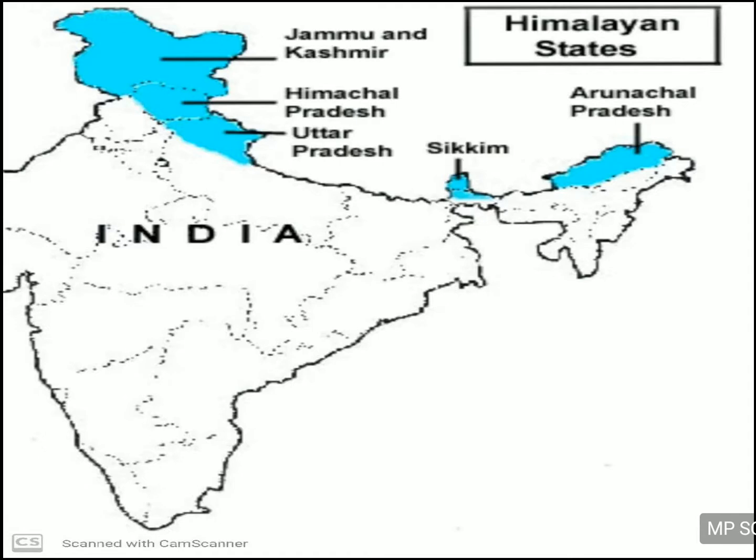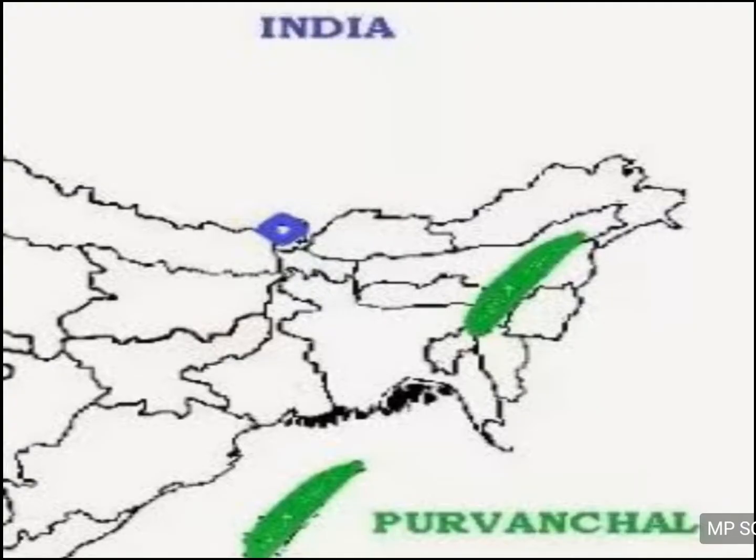Then the Arunachal Himalaya, which starts after Bhutan and ends at Dipu Pass. And then the Purvanchal Himalaya, or the northeastern hills and mountains. All this you have seen on the map. So this is broadly the regional division of the Himalaya. We have seen two divisions of the Himalaya: the broad division into outer Himalaya, middle Himalaya and greater Himalaya, and the regional division into Kashmir Himalaya, Uttarakhand and Himachal Himalaya, Sikkim Himalaya, Arunachal Himalaya, and at the end the northeastern Himalaya. So these are the basic divisions of the Himalaya.